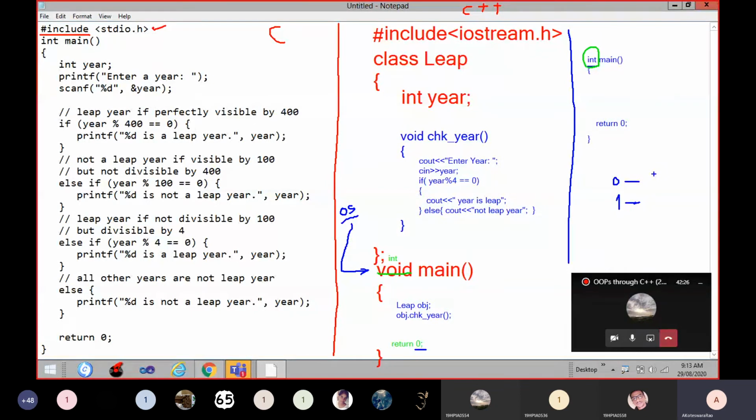It is not mandatory always. Some compilers restrict the developer to send the status to the operating system at the end of every program execution. So that is why many C++ compilers by force include integer type as a return type to the main function. Those compilers are built like that.